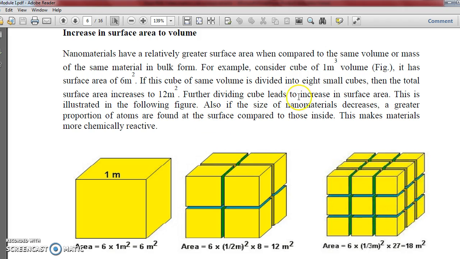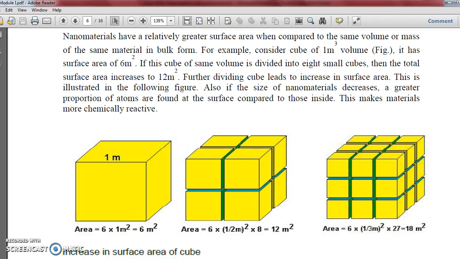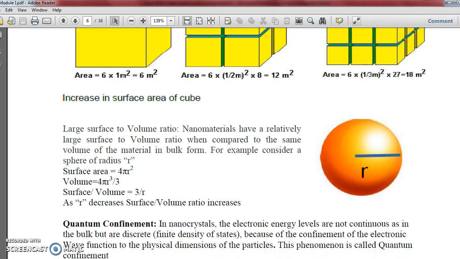Further, dividing the cube leads to an increase in surface area. This is illustrated in the following figures. Also, if the size of the nanomaterial decreases, a greater proportion of atoms are at the surface compared to those inside. This makes materials more chemically reactive. And if you compare the same cube sliced into 9 pieces, then the area will be 18 meter square. So now if we see